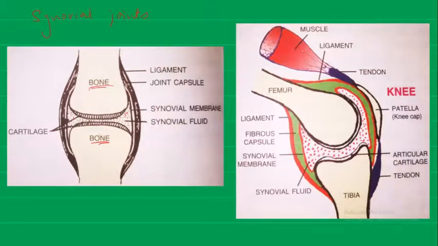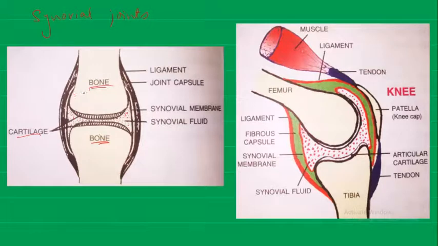The ligaments connect bone to bone, whereas the tendons link the muscle to the bone. So here there are two bones linked by the ligaments, and they are well protected by the outer fibrous capsule. There is a cartilage layer as well. The ligaments prevent dislocation in normal movement. The synovial fluid is contained in a sac formed of a very thin synovial membrane, and the sac serves as a cushion between these bones.